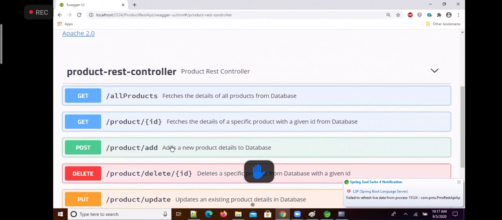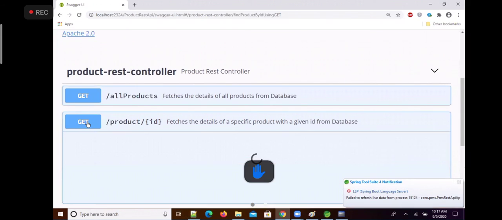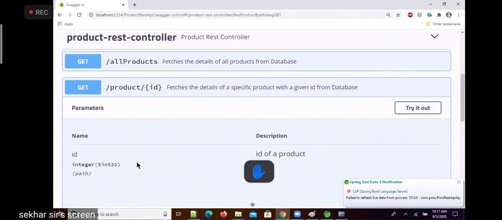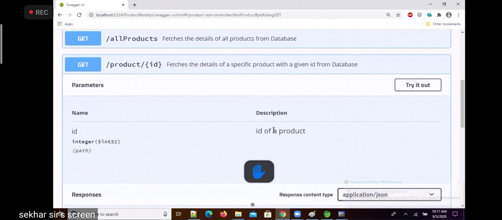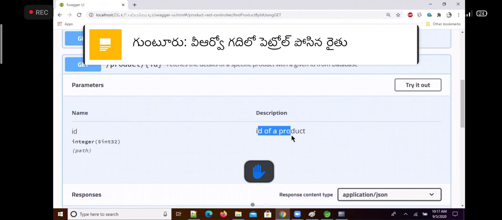Now see, for example, if I open this endpoint, previously you only got product ID, but now you see the description, ID of a product. This description you can write through what? You can write the description through ApiParam. Okay, right, next.